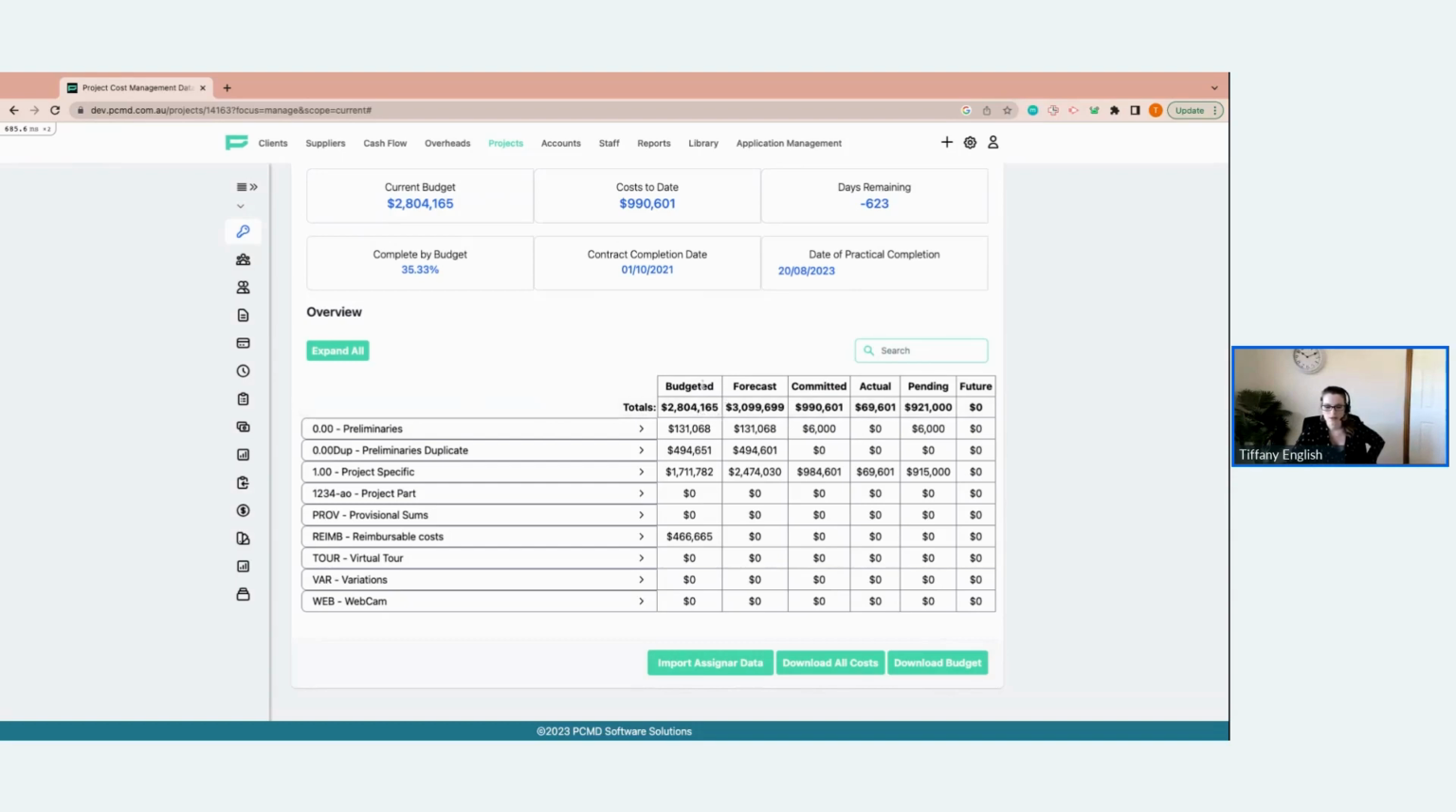So initially, my estimator has told me that it's going to cost around $2.8 million to deliver this project. So far, there's a forecast value on the project of 3.1. So I've got some big discrepancies here. I need to work out where they're coming from. Alternatively, we're going to have to raise a variation or work out how we're going to recover some of those